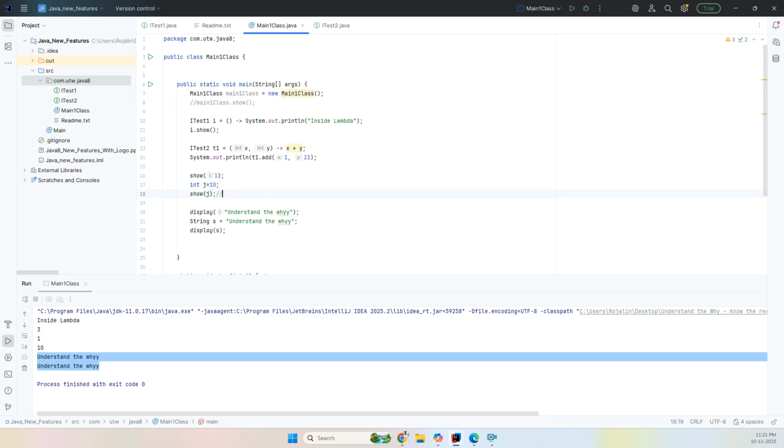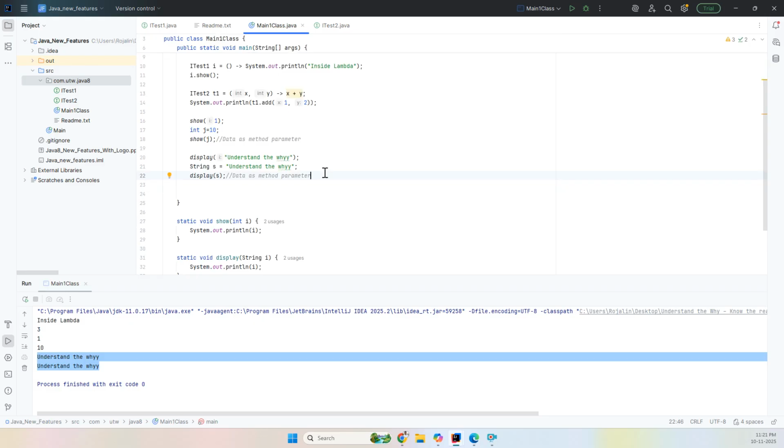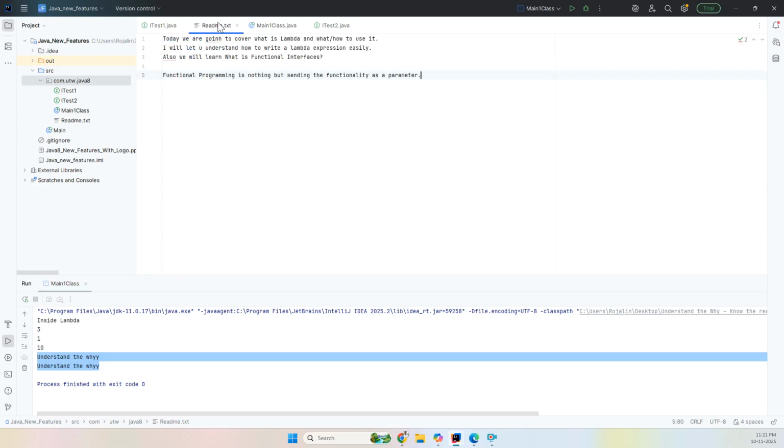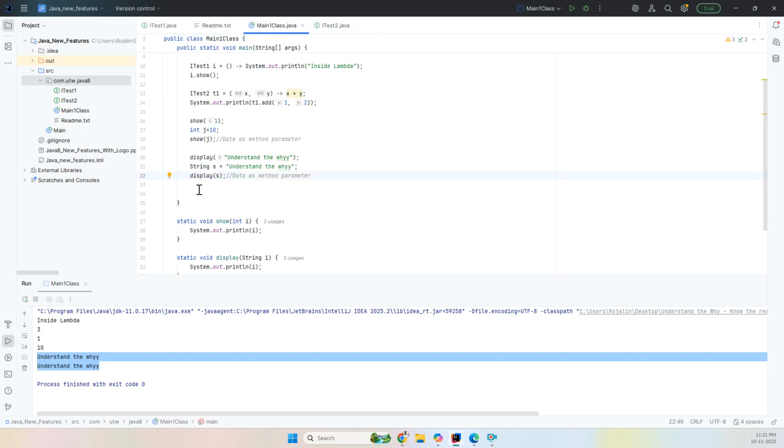Whatever you are passing, this is data as method parameter. Here also we are doing the same, data as method parameter. Then comes what is functional programming. What I told you is functional programming is nothing but sending the functionality as parameter. So how can we send a functionality